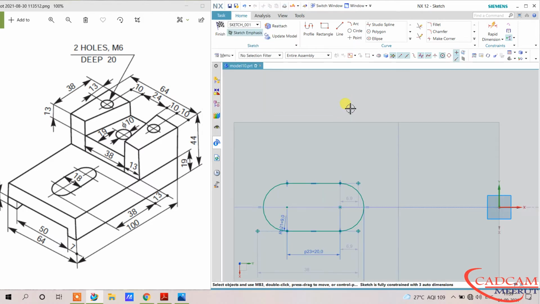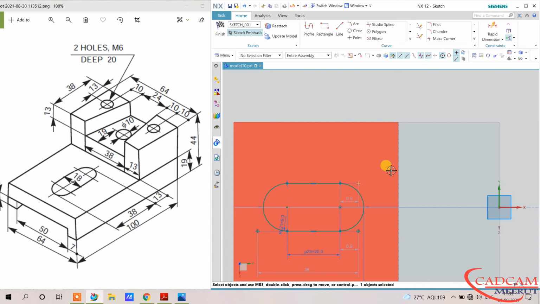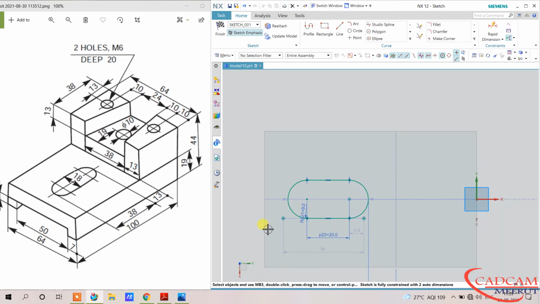Okay, and we don't require this point, so delete this one and this one also. Okay, my sketch is fully constrained now.